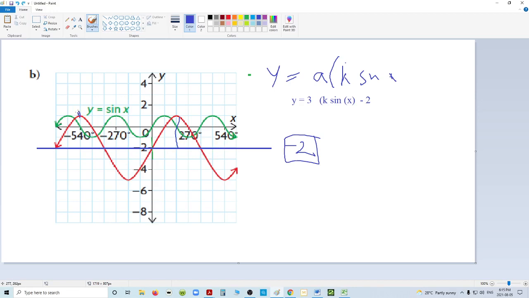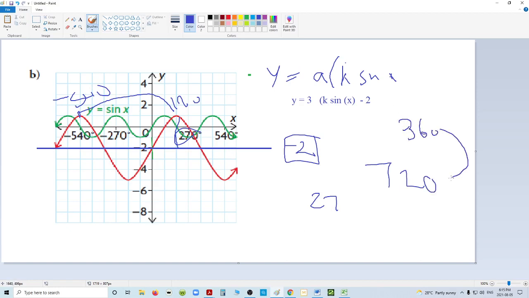Peak here is 540 all the way to this peak, which is, what's 270 divided by 3? 90. So that's 180. So -540 all the way to 180 is the same as 720, which means to go from 360 period to 720, I had to double it, which you'd be tempted to put a 2 in front of this k, but in actuality what you put is 1/2, which means the whole formula